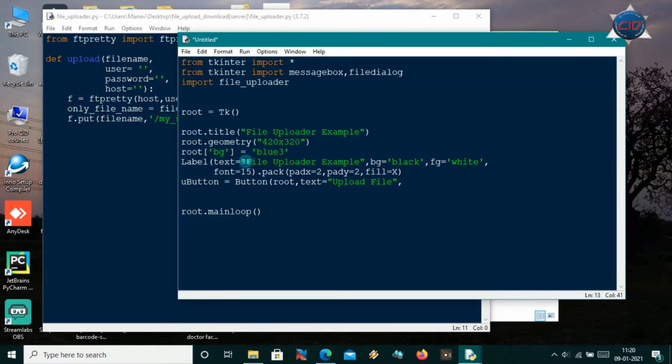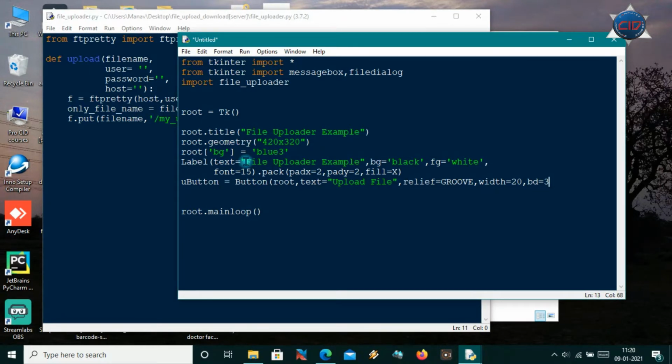And let me make this like relief for the button is groove, some width, some border depth,